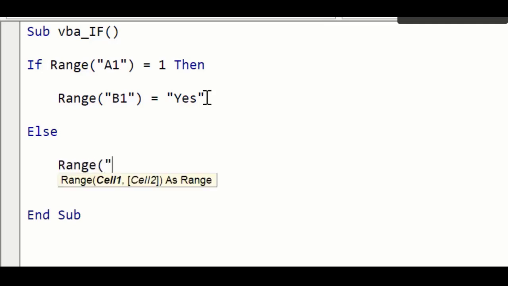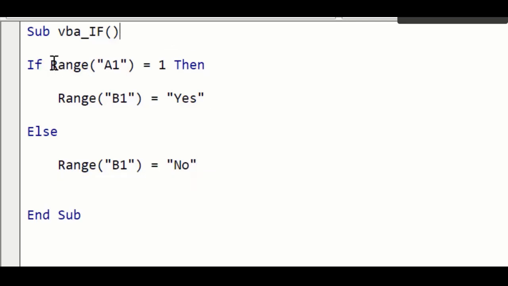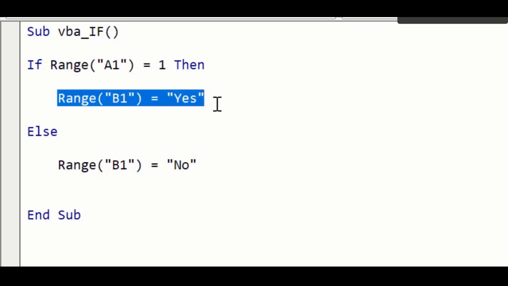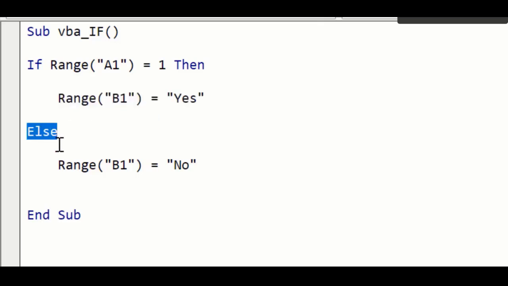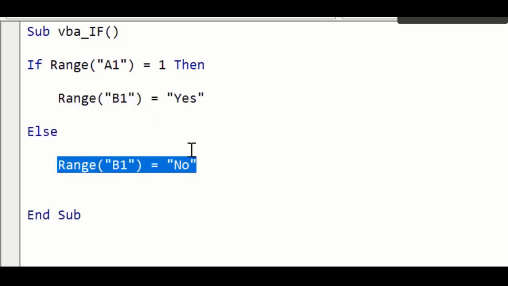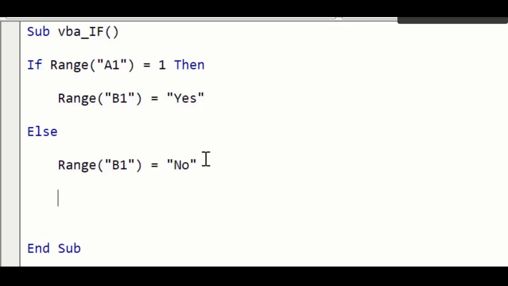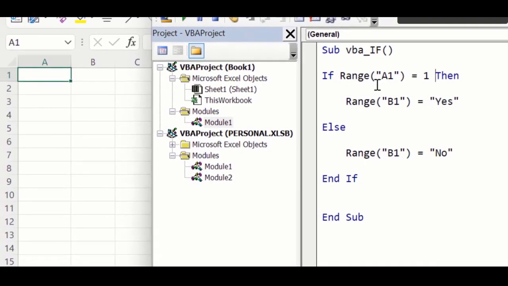So I will say Range B1 equals no. So again, the If, the condition that we want to test, the Then keyword, the line of code that I want to run if the condition is true, and then the Else keyword, and the line of code that I want to run if the condition is false. Now in the end, I need to use End If to end the statement. That's it. So now if I run this code,